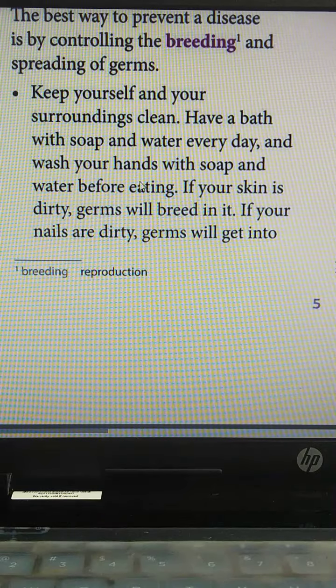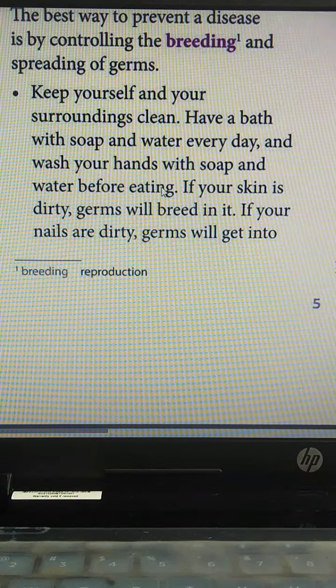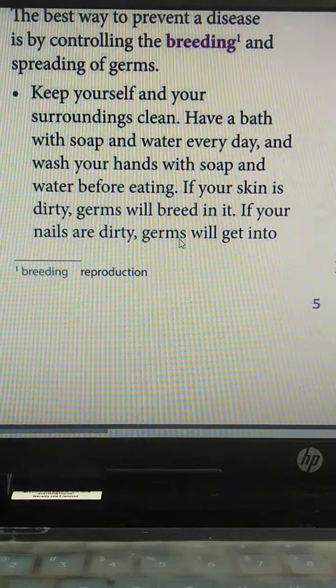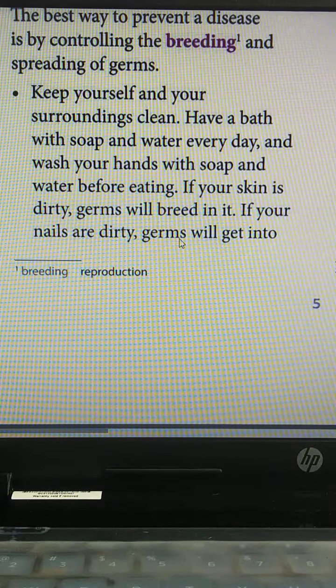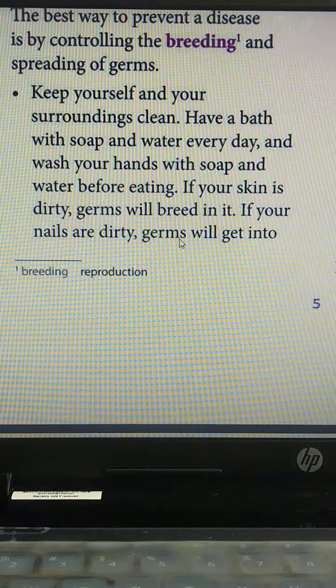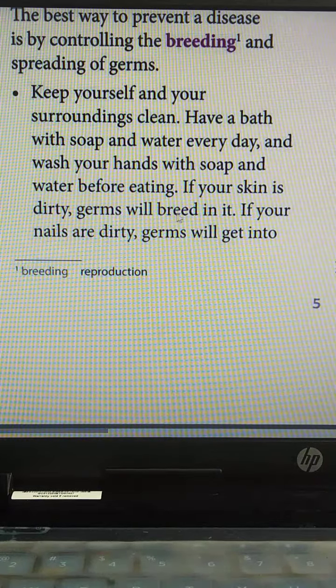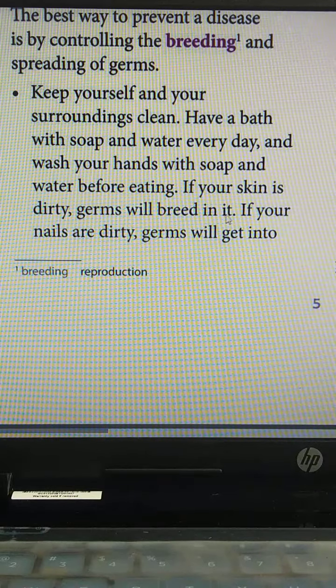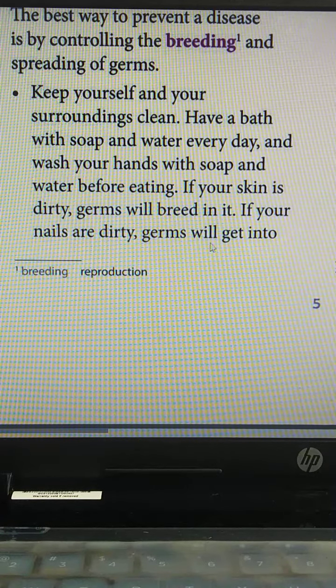And wash your hands with soap and water before eating. So we must wash our hands with soap properly. We must take a bath with soap, right? If your skin is dirty, germs will breed in it. If your nails are dirty, germs will get into